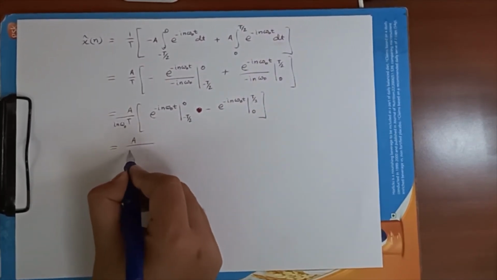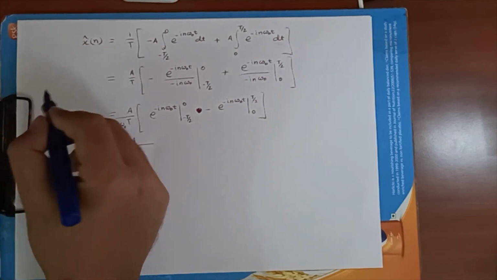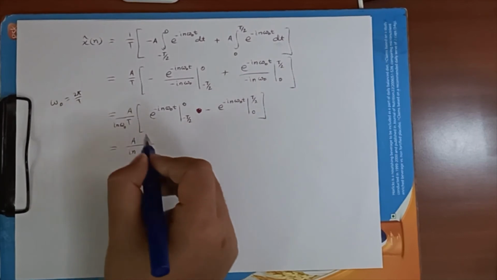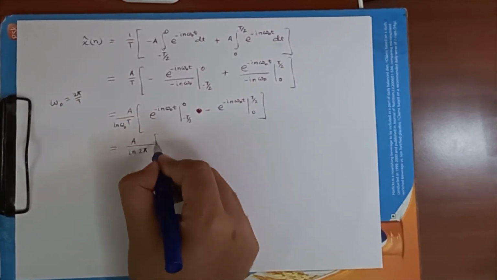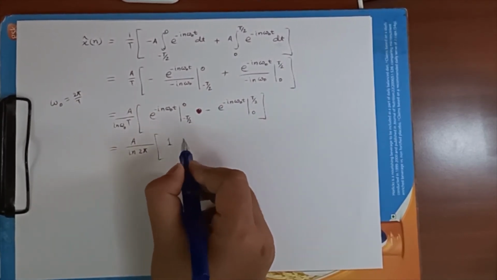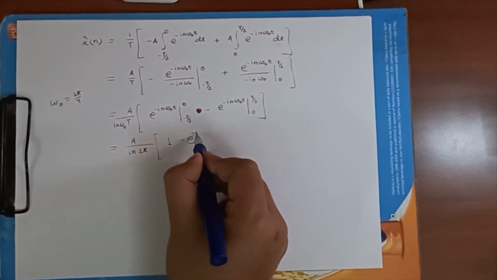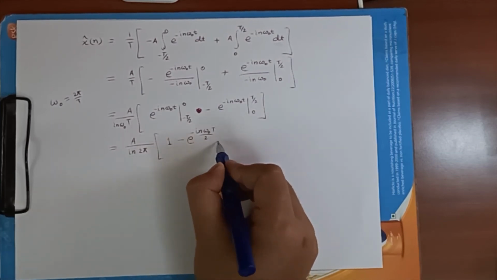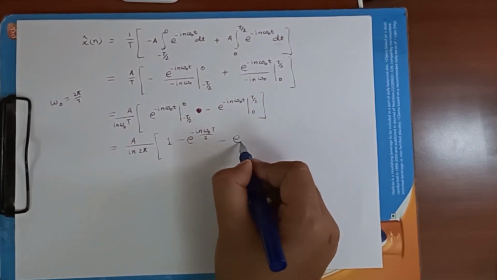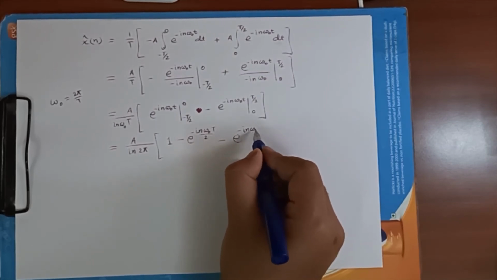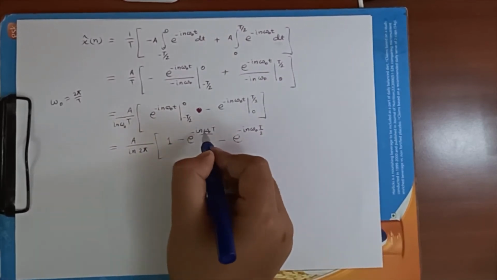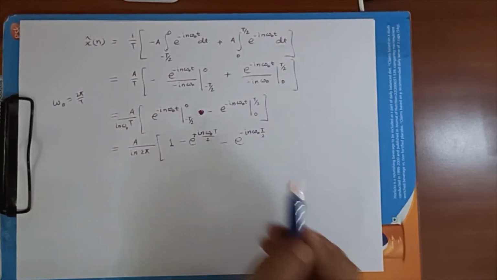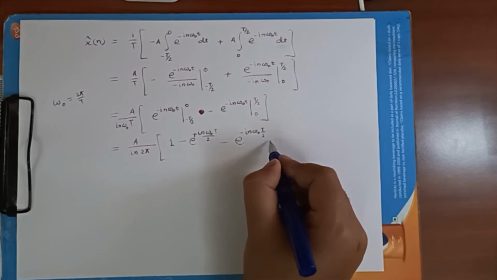What is omega 0 T? We know earlier that omega 0 is equal to 2 pi by T. So omega 0 T is 2 pi. So a by i 2 pi n, this will be 1 minus e to the power minus i n omega 0 T by 2 minus e to the power minus i n omega 0 T by 2. Sorry, this will be plus because it is minus i n omega 0 into minus T by 2, and finally this will be plus 1,